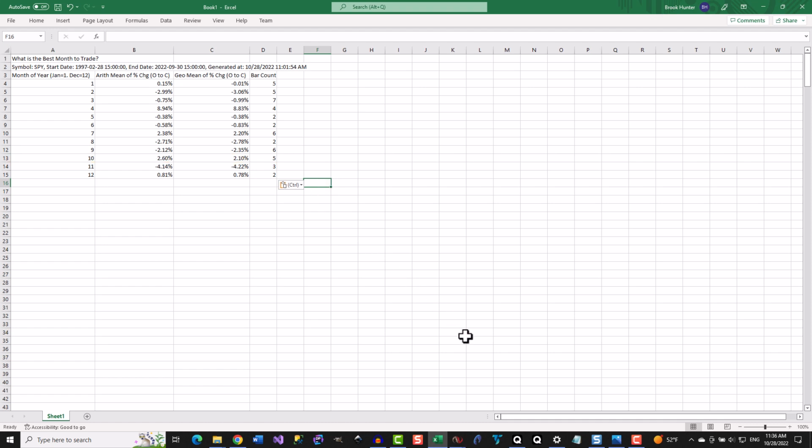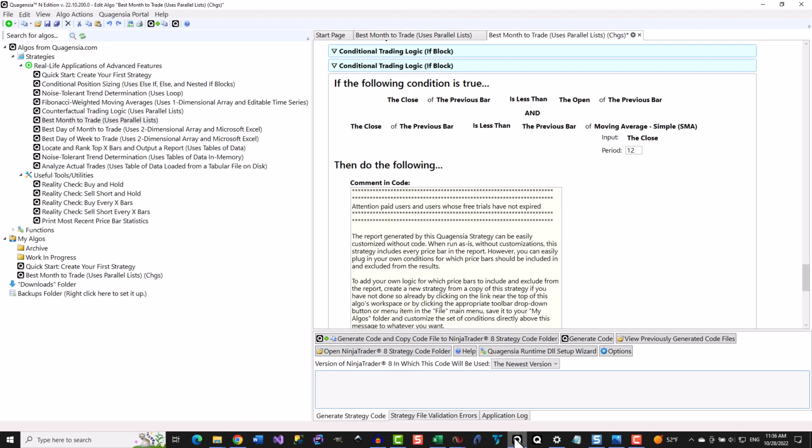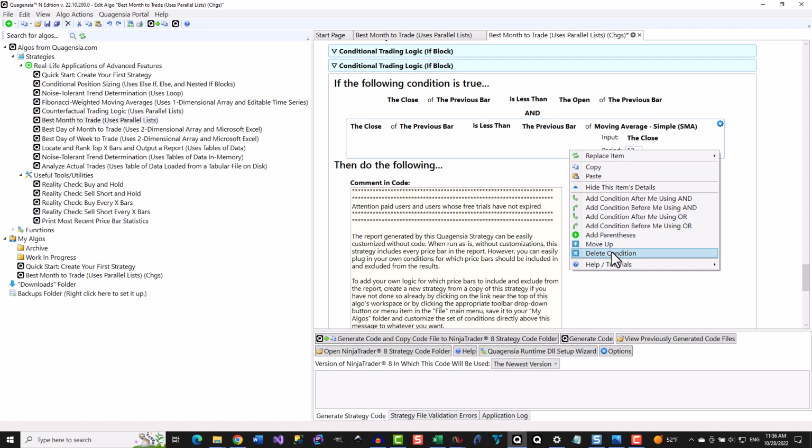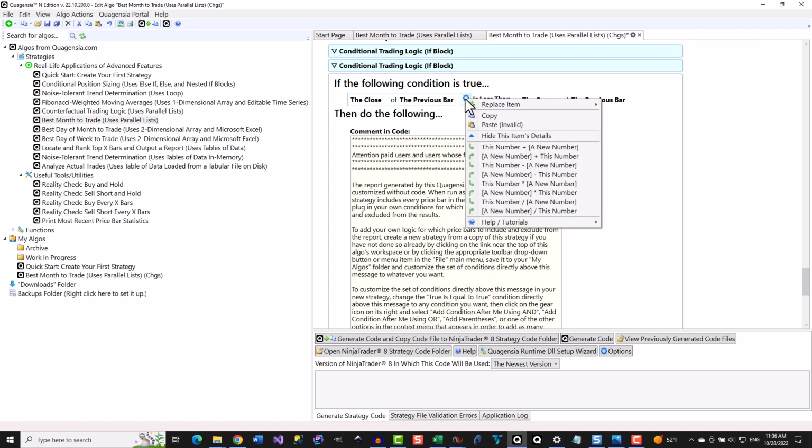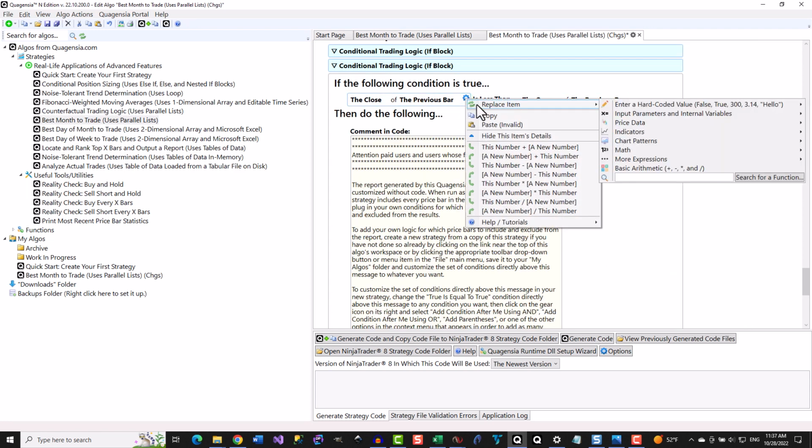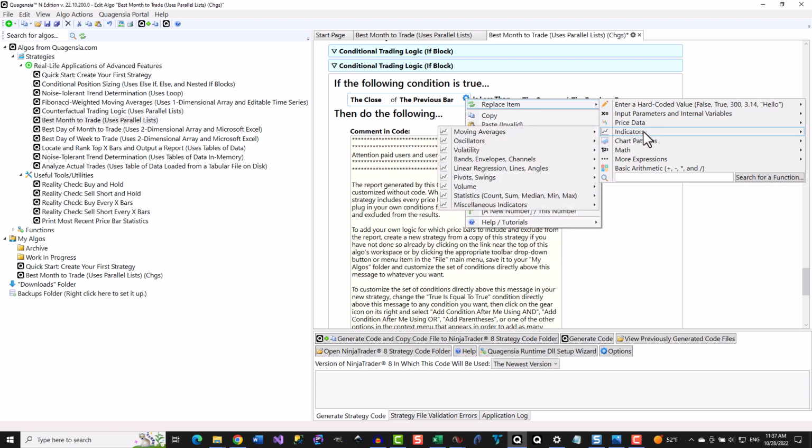It is up to you to define how you see the current market conditions by building a condition set inside of Quigencia N Edition. And unlike in this demo, you should put more thought into it and try more than one set of conditions to see if October is a good month for longs, even when you choose other aspects of the current market conditions to filter on.